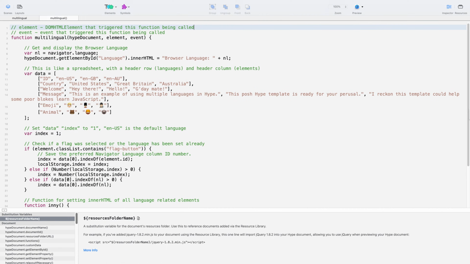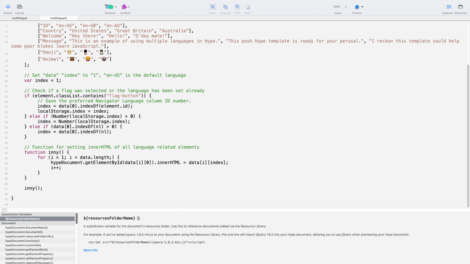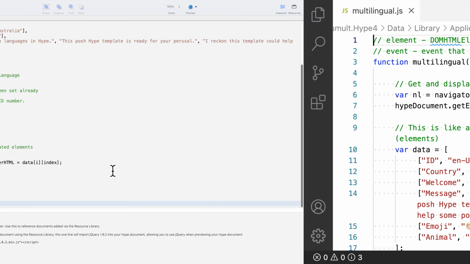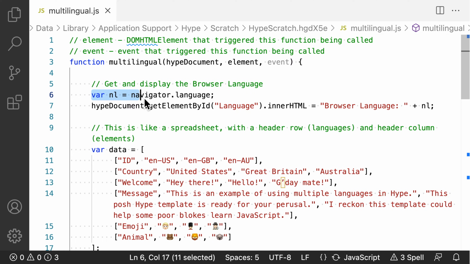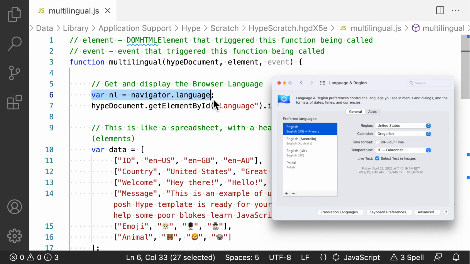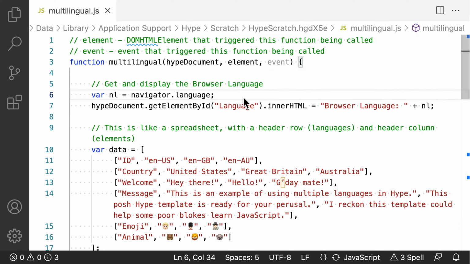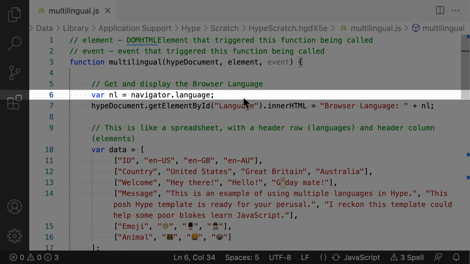It contains less than 45 lines of code, and it's a great way to learn a lot about JavaScript. First, we're getting the navigator language. That's the language that the web browser is using. It's usually the same language that the operating system is using. So, if you're using a Mac that's set to United States English, then typically the browser would also be set to United States English. That's what the first line of code is doing.